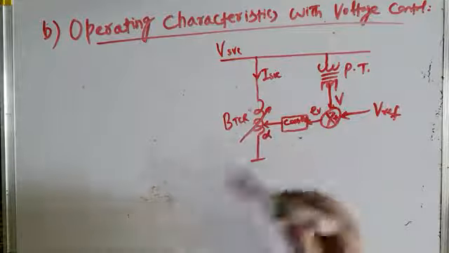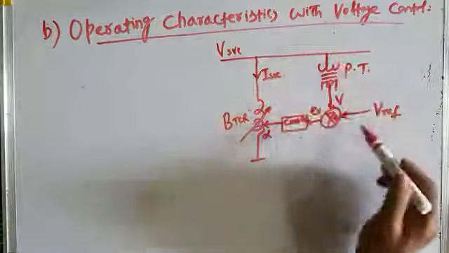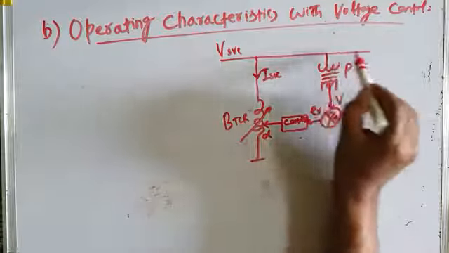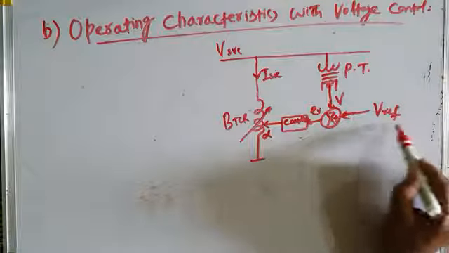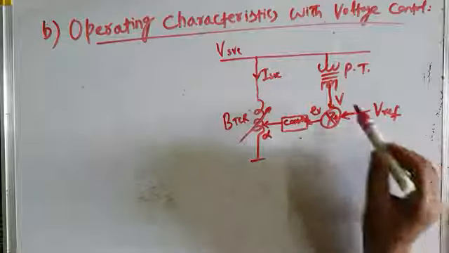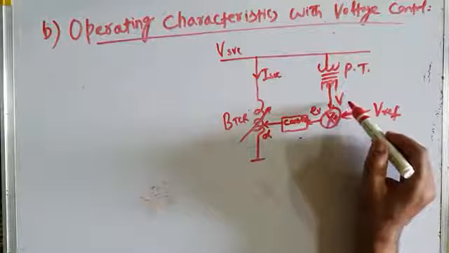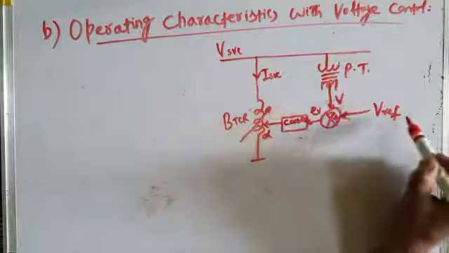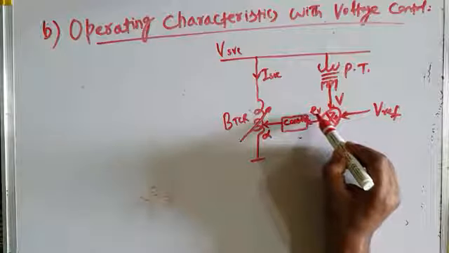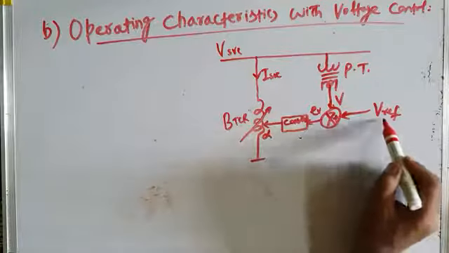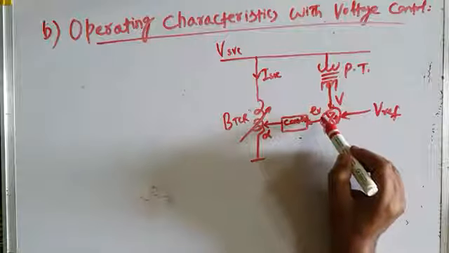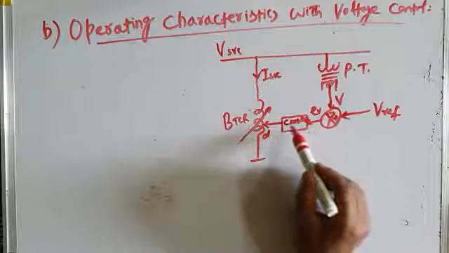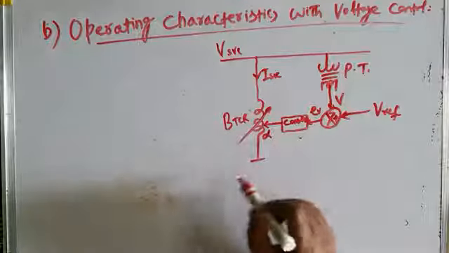So what is the operation like? The sensed bus voltage is compared with the reference bus voltage. We want this bus voltage to be equal to some reference voltage, VREF. Now, if the bus voltage has dropped because of reactive power drawn by the load, this V has become less than VREF. So an error EV will be produced, which is VREF minus V, and that error, after being processed by a PI controller, is given to a firing pulse generator,